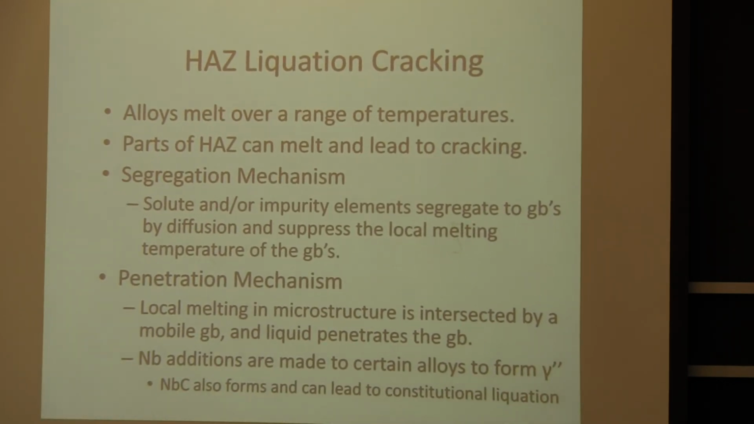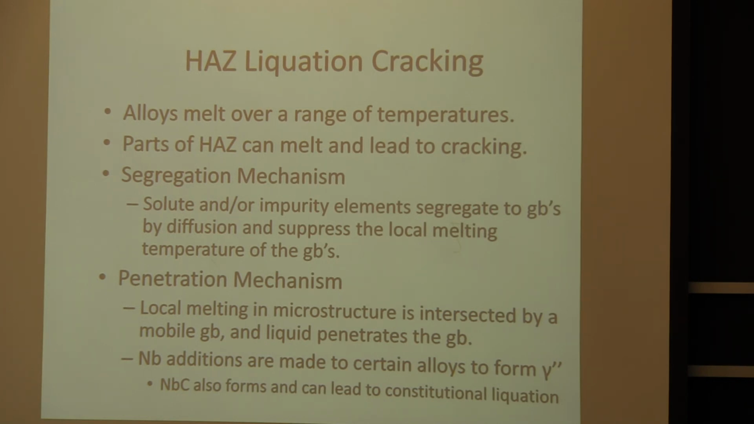So the next weldability issue that we'll be discussing is the heat-affected zone. HAZ is heat-affected zone liquation cracking. The heat-affected zone is the region of material next to the material from the weld that was molten or liquid. So it was not melted, but it was definitely affected by the heat of the weld. And the reason that